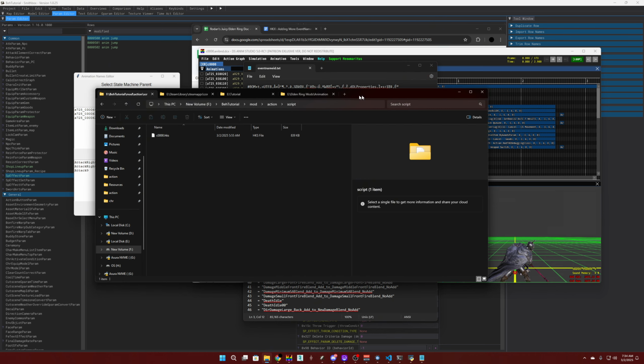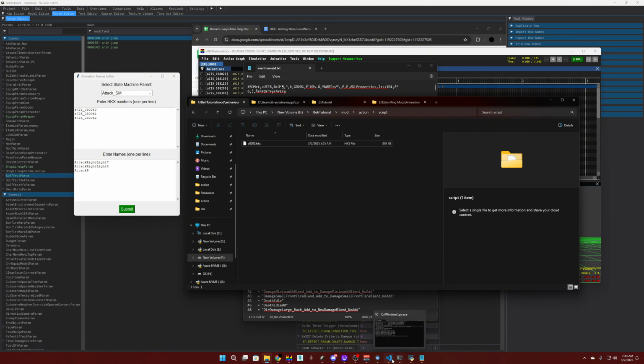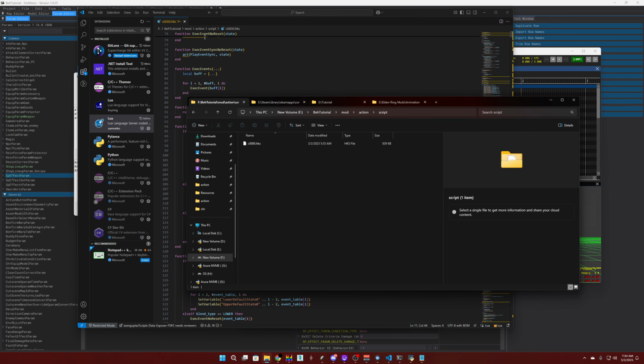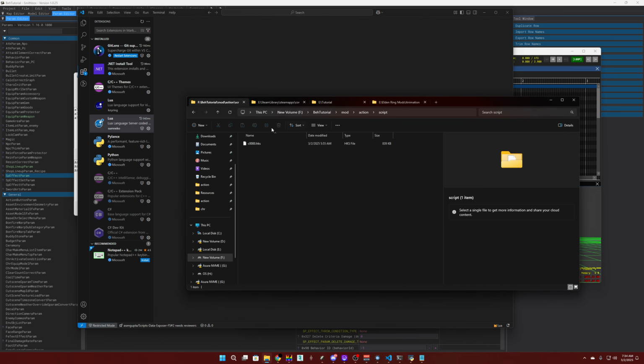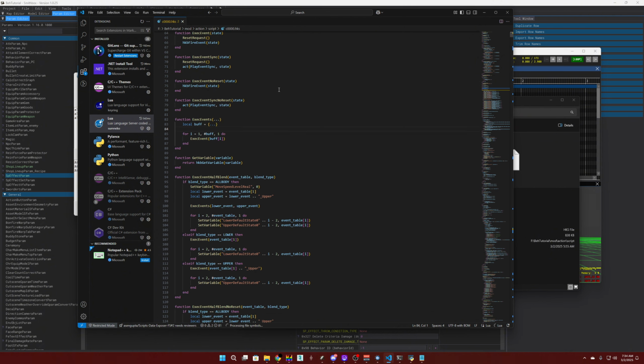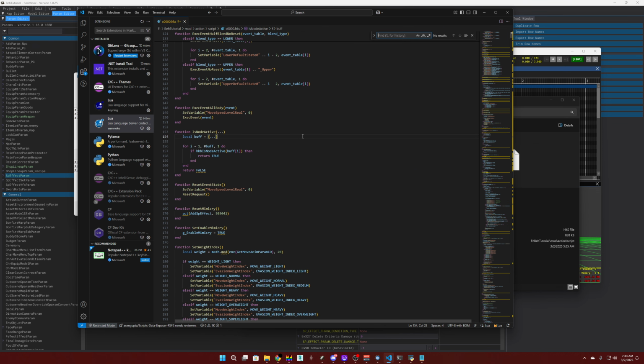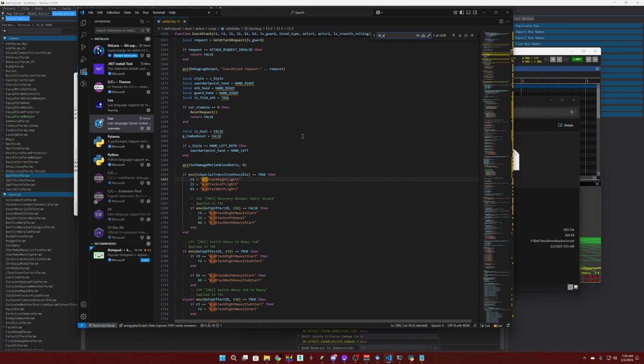So how do we actually call for it? What you're gonna do is open this. I'm gonna use Visual Studio Code. I'm gonna reopen it so you can see. You can use Notepad, you can use Notepad++, but it's easier looking here if you have the Lua, basically, so you can see what's going on if you're doing something wrong. So I'm gonna go ahead and search for